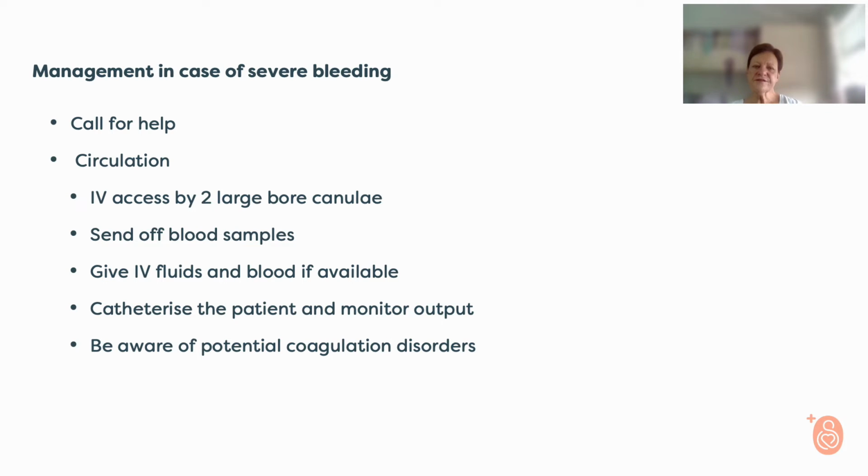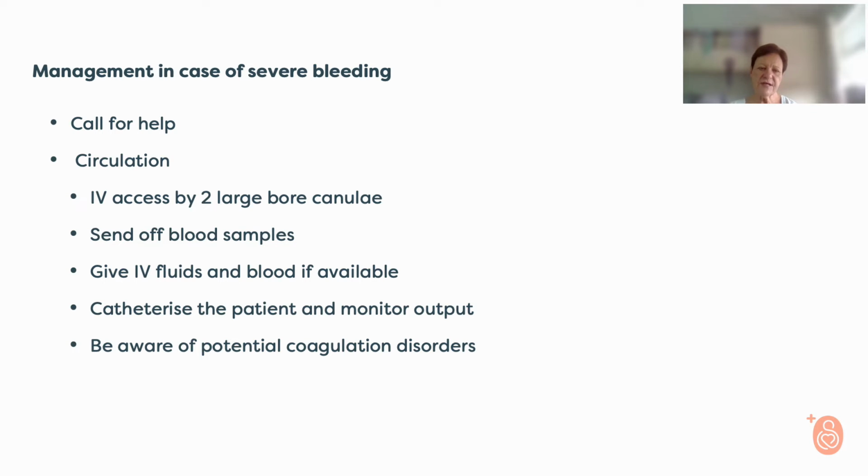Now, management in the case of severe bleeding, and this is not only for the inevitable miscarriage, that's for miscarriages in general, and you will see it's very similar to antepartum hemorrhage in general. That's basically the management of any case of severe bleeding, whether it's vaginal bleeding or any other kind of bleeding. Obviously, call for help and then stabilize the circulation by giving 2 large borehole cannulas, IV, start with Ringer's lactate, send off blood samples for cross-matching, give as much as possible IV fluids and blood if possible, catheterize the patient